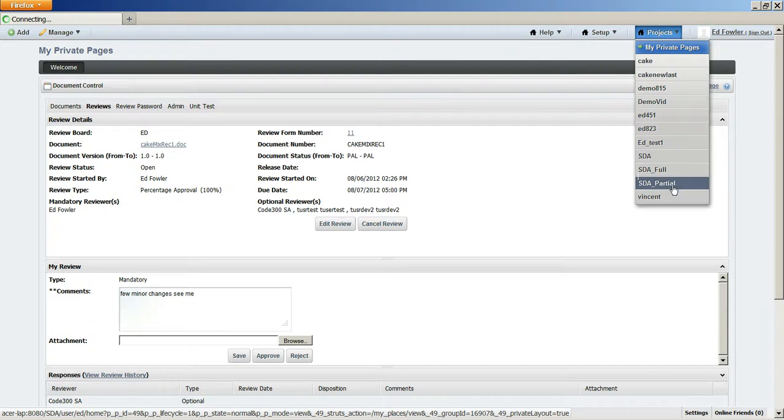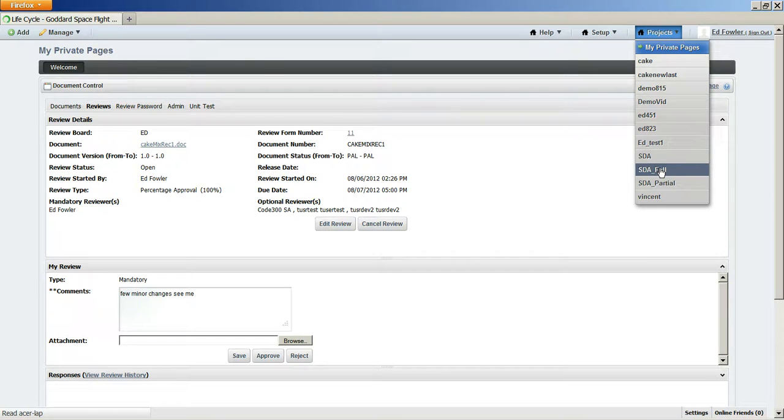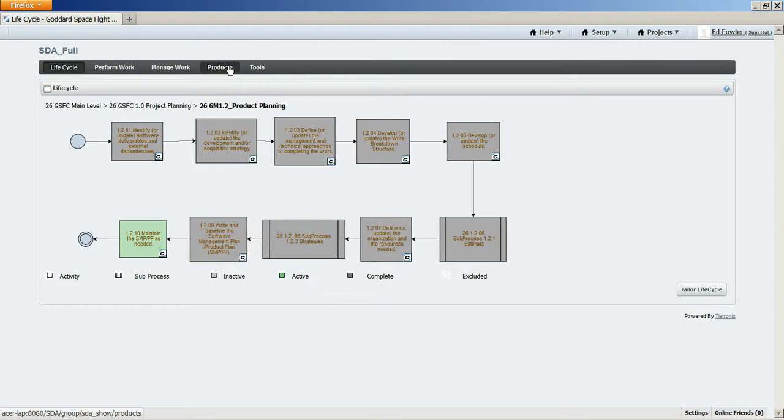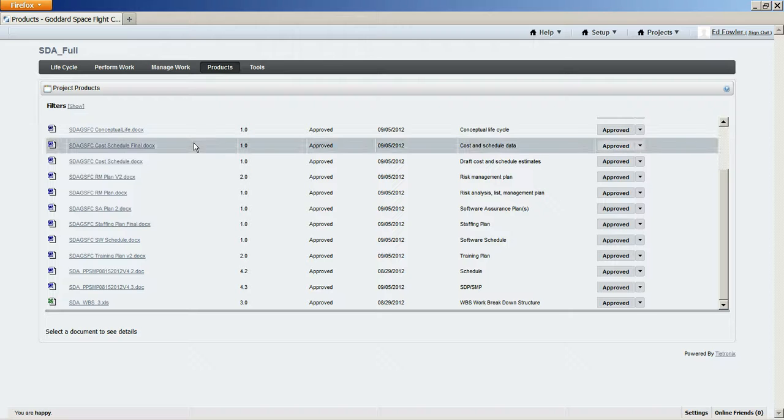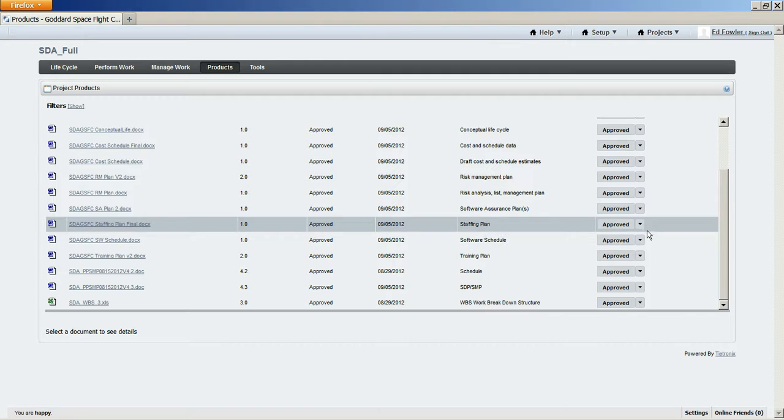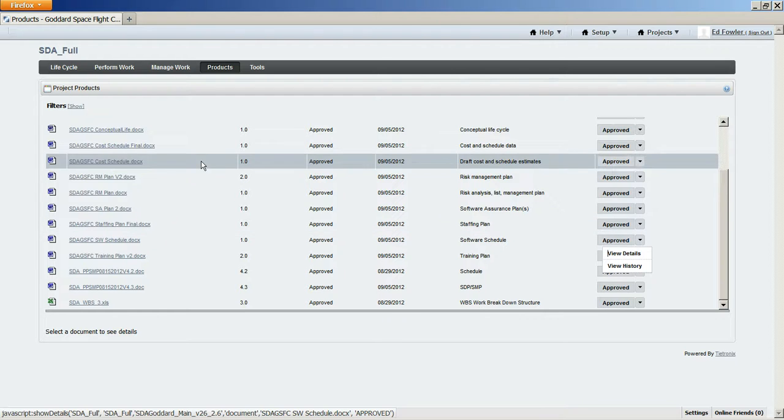And one other thing I'm going to show you real quick here is under the SDA full, under the work products. When you're building your project, all those approved documents become a work product. And again, that can be view details, history, full audit trails,